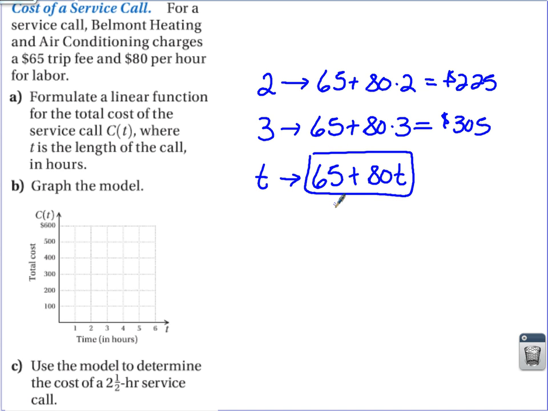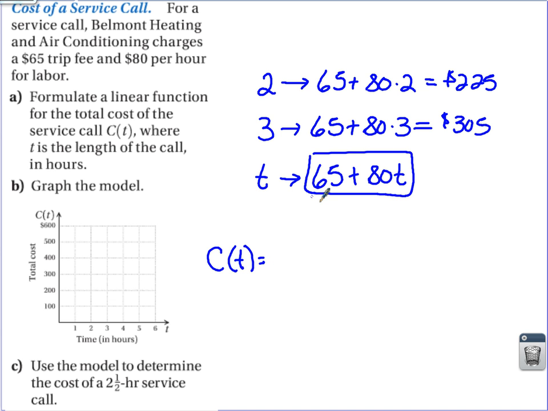So therefore, the cost is a function of t, c of t. The t in parentheses, same as f of x that we've been talking about with a linear function. The t in parentheses simply means that is your independent variable. That's your plug-in value. That's what you plug in to obtain the cost here. So the cost, which is a function of time, is equal to, and I'm going to do